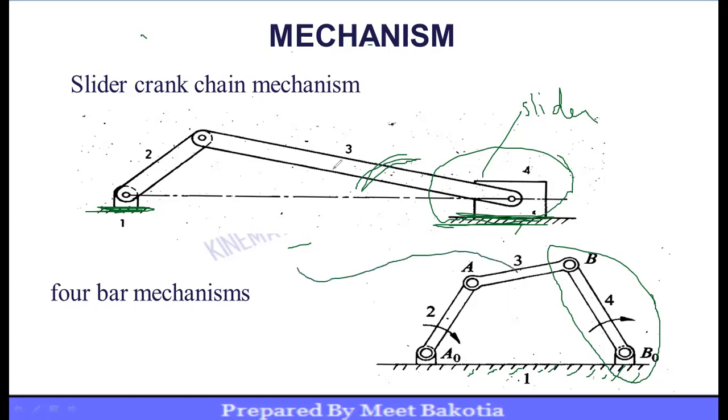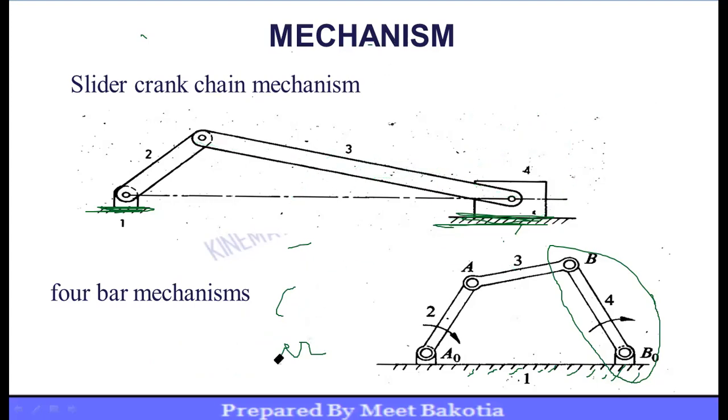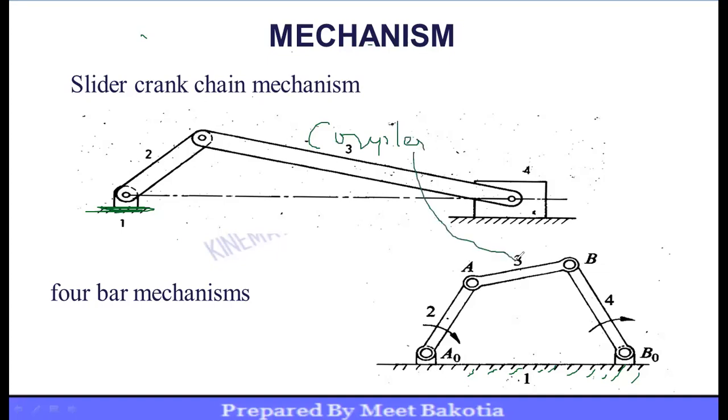We have to call this link number 3. I usually call it a connecting rod, or sometimes it is also called the coupler. So coupler is that link which is not directly connected to frame or fixed link. You can see here it is connected to crank and here it is connected to slider. Let me rub this and nicely show you. We are talking about our link which is coupler, link number 3. How to define that coupler link? The link which is not connected to the fixed link or frame. You can see here it is connected to crank and here it is connected to slider. Same way here it is connected to crank and here it is connected to rocker or lever. So the link which is not directly connected to frame or fixed link is called the coupler link,